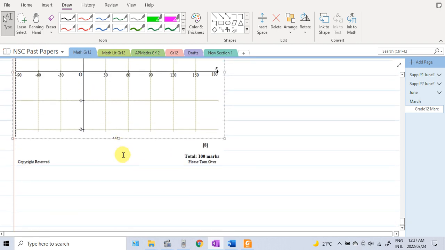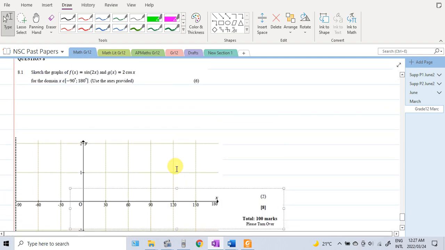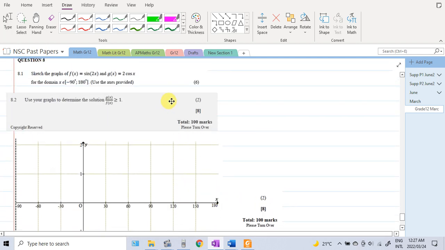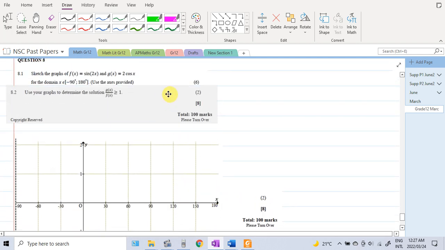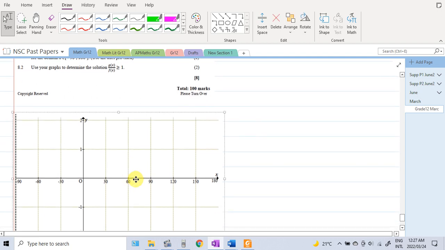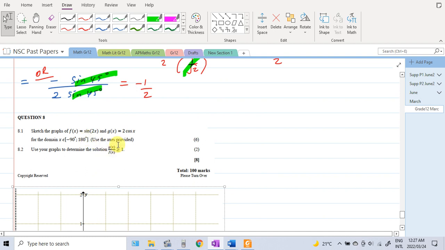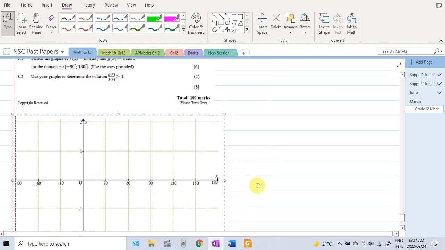So let's put it here, 8.1 and 8.2. We need to sketch the graph and then find where g of x divided by f of x is greater than or equal to 1. So let us sketch the graph from minus 90 to 180, sine 2x. Sine 2x, so I'm going to use my